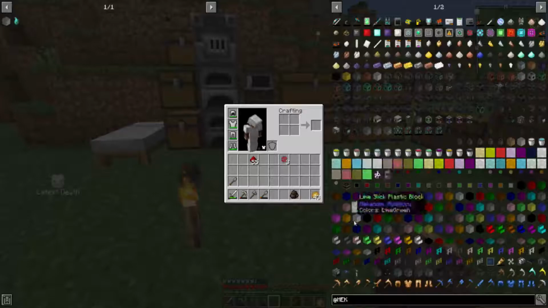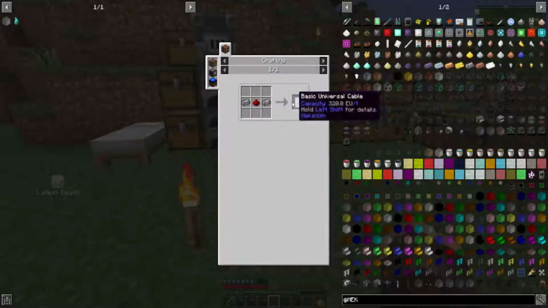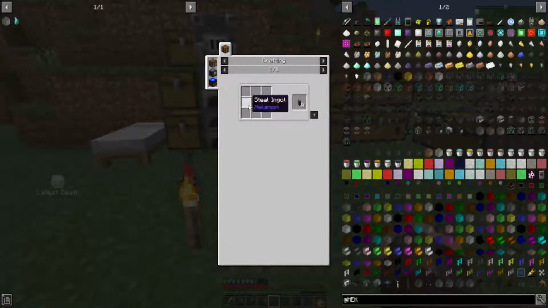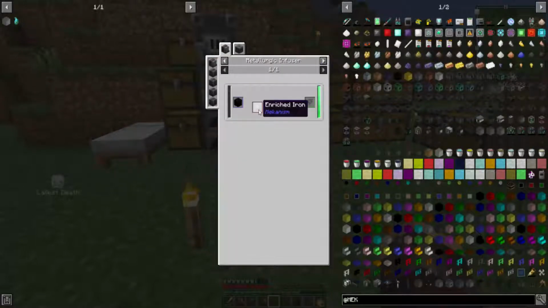So the next thing that we're going to need is cables, the basic universal cables, which as you can see require steel, and to get steel we need steel dust, which is